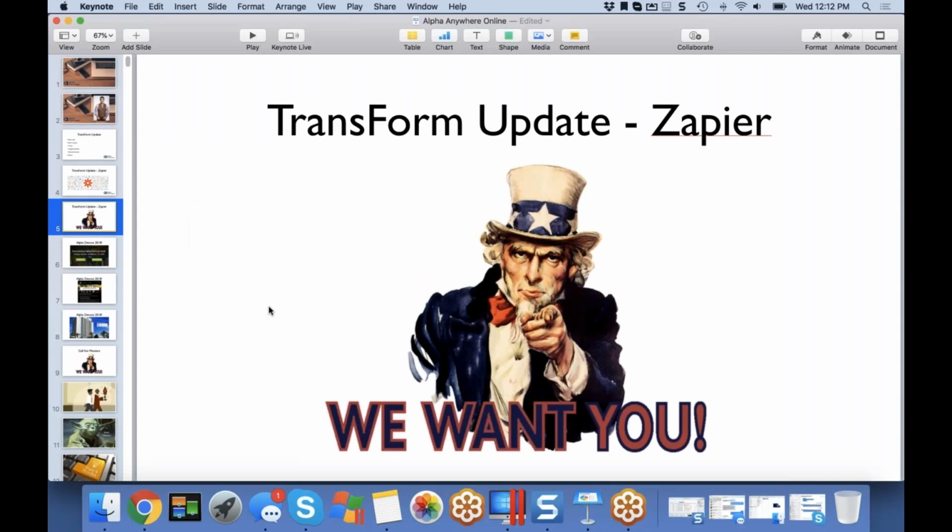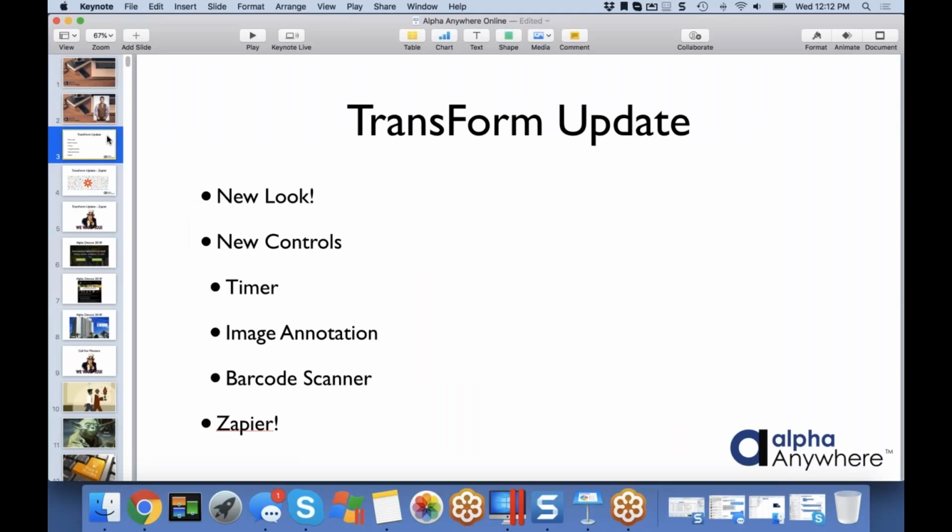So that's our announcements with Transform. Exciting new look. Join us for Transform Tuesdays. Next week, join us to see Zapier in action. And if you can, and we would really appreciate it, go ahead and help us. We'll walk you through the process of getting into Zapier and writing your own. They're really fun, and it really works great. My testing is going really smoothly. It's a very, very solid release.